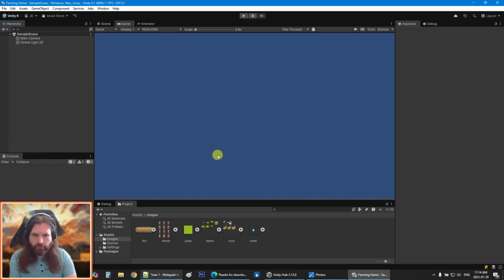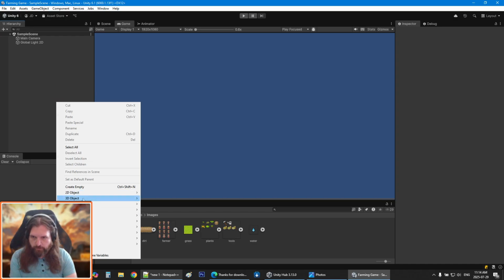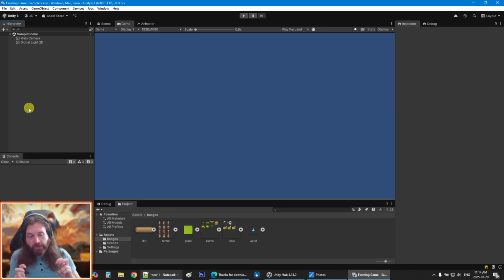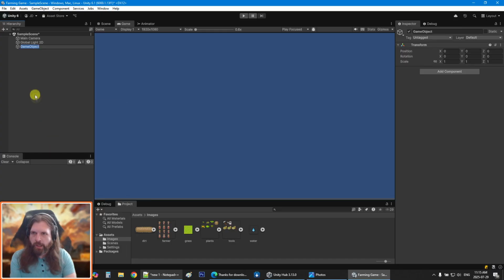I think the first thing we should look at, our first goal, should be just getting a background for a project, because right now we're just looking at this blue square and it's not the most inspiring thing ever. So in order to actually create our background, like I said, everything in Unity is a game object. So we need to create some game objects that have the functionality of drawing to the screen effectively. So we can just create an empty game object, and this is our game object. And by default, there isn't really a whole lot to it. All game objects really have by default is a transform, which is effectively their position in space,